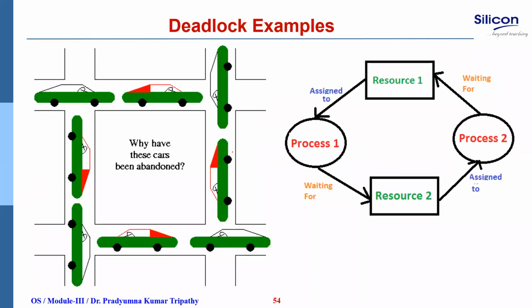In our practical, real-life situations also, we find there are some situations where none of the processes can continue. This is a traffic scenario. You can see that this scenario sometimes occurs, where each of the vehicles is waiting for the next vehicle to continue. So if they stand like this, none of them can continue at all. If the condition is that none of the cars or vehicles wants to go back, they don't want to release.